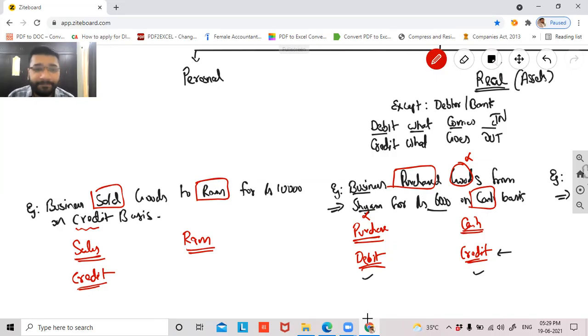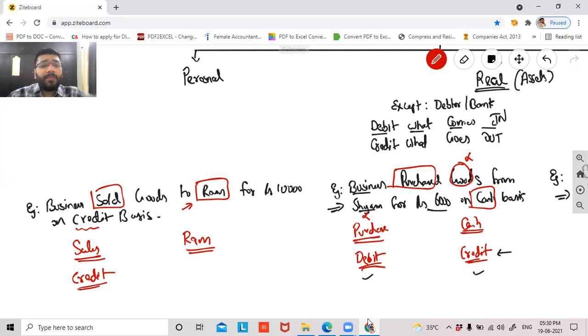Ram guys, can I say Ram is a human being? He's a person. And why did I take Ram account into consideration? Because I have sold goods to Ram. I need to remember to collect the money from Ram. So don't you think that I need to create an account in his name and note it somewhere in my books that Pratik, without forgetting, please collect money from Ram? So I'm creating Ram's account to remember to collect money from him. In the cash sale, I did not open Ram's account because he paid me the money. Game is over. I don't have to remember his name. But in credit transaction, it is very important for you to remember the person's name.